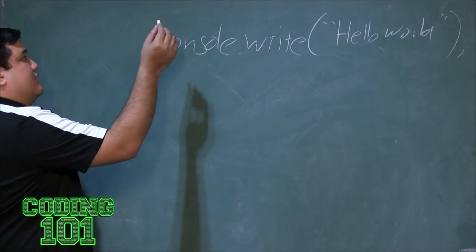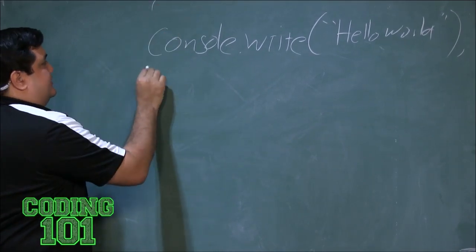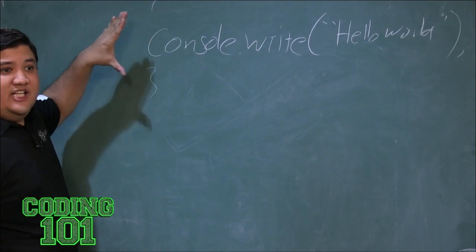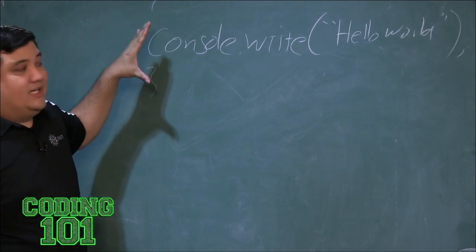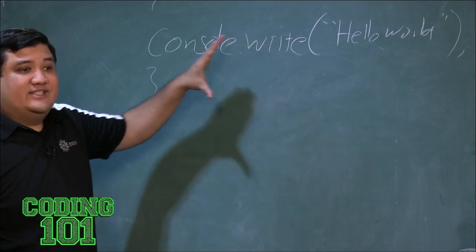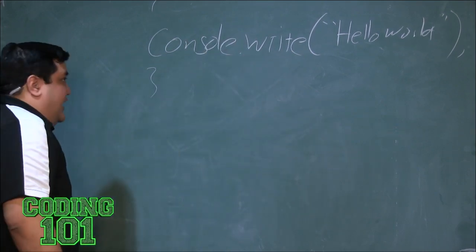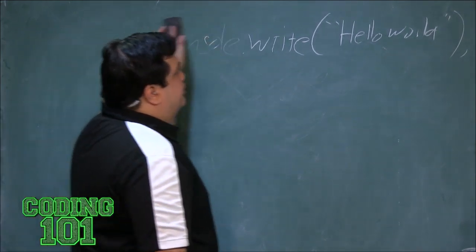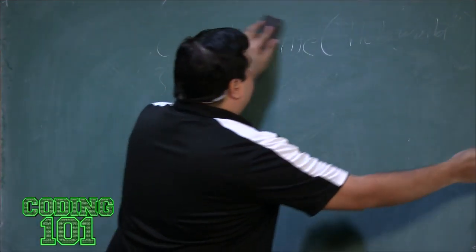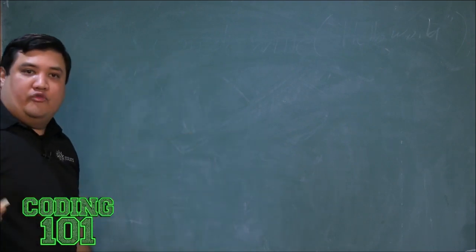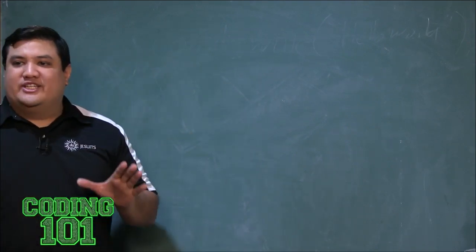All right, so let's say I have something like this. I encapsulate this, and let's pretend I have a function that allows me to repeat this as many times as I want. That would be a loop. I'm going to show you what's called a while loop. A while loop allows me to continue doing a piece of code, to reiterate it over and over, as long as a Boolean condition is met.